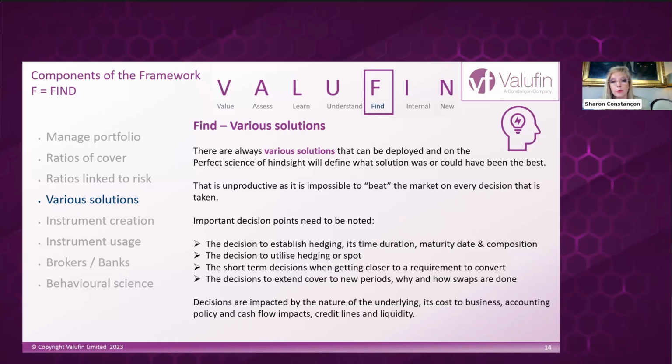And to the point of the 14 rates that we look at, we do look backwards and say, what if I had been fully covered on the day I placed the order? Had I been fully covered on transfer of risk? Had I been fully covered when the stock came into my store? Had I been covered in terms of a portfolio? What was the average trend of the market? What was the spot rate on the day? What was the rate I actually used? So those are just some of the ones that we would look at.